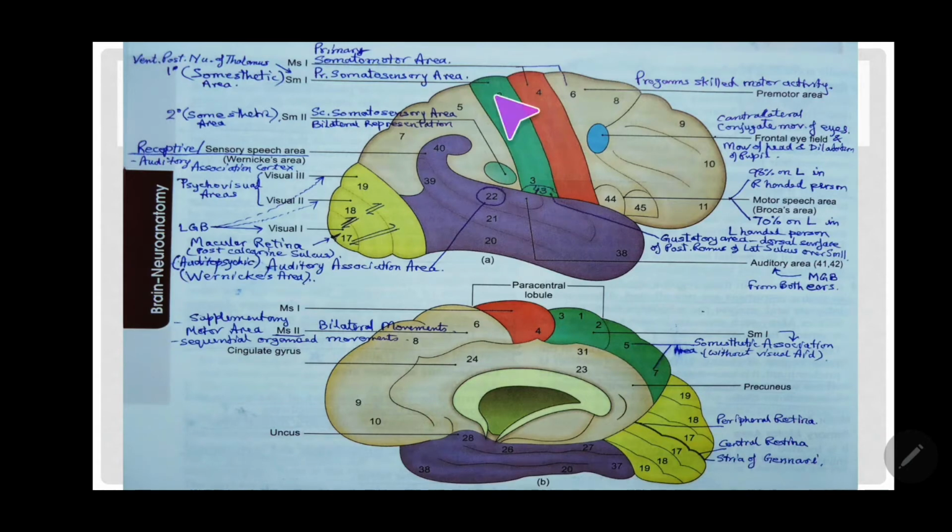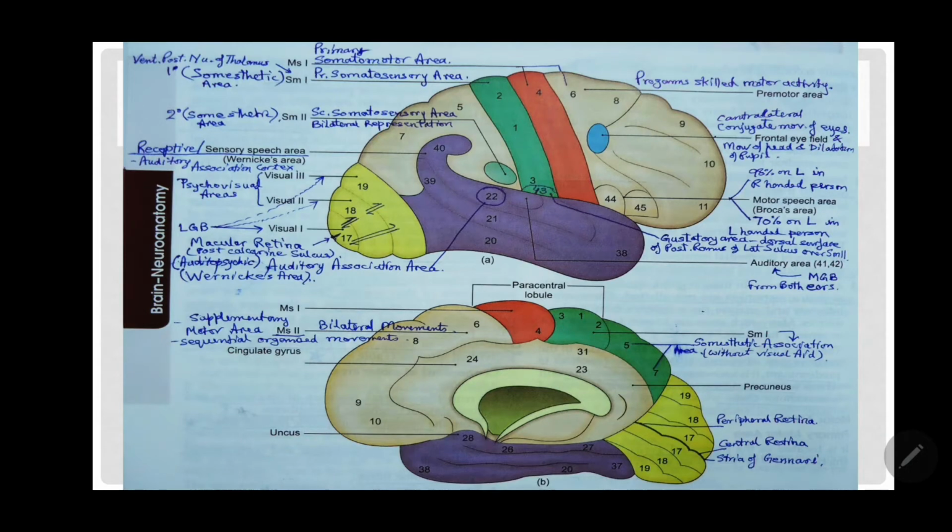But these are not the only inputs. There are fibers coming from the spinothalamic tract as well as fibers coming from the trigeminothalamic tract. Another important thing is that these afferent fibers are not only reaching here, but the medial lemniscus also. A few of the fibers reach area number 5 and 7 in the superior parietal lobule. A few fibers reach the secondary sensory area or secondary somesthetic area.